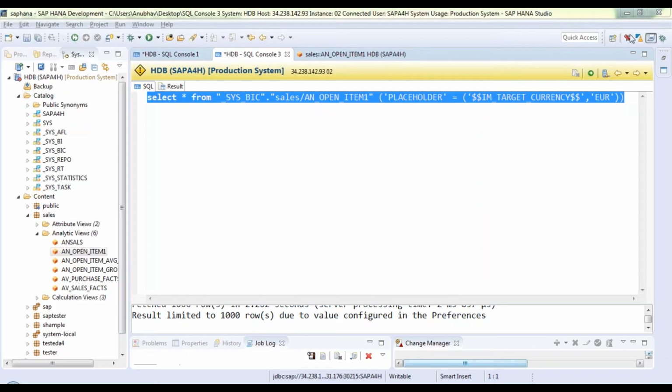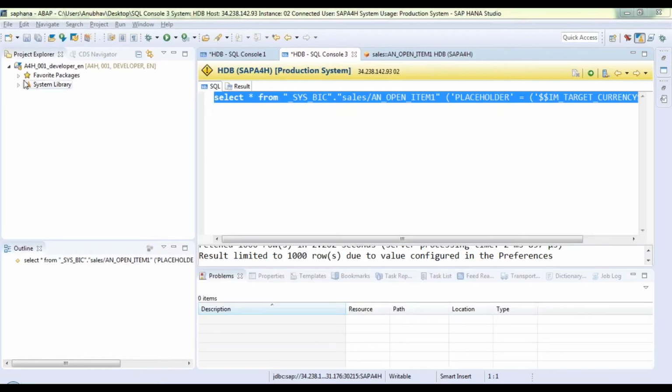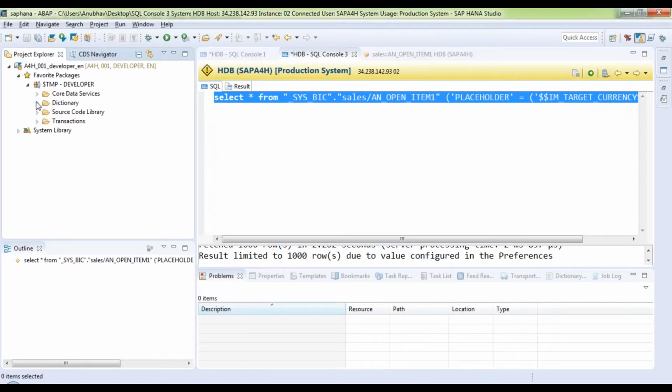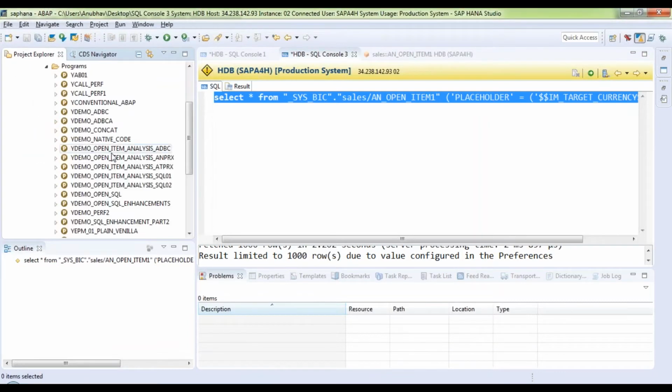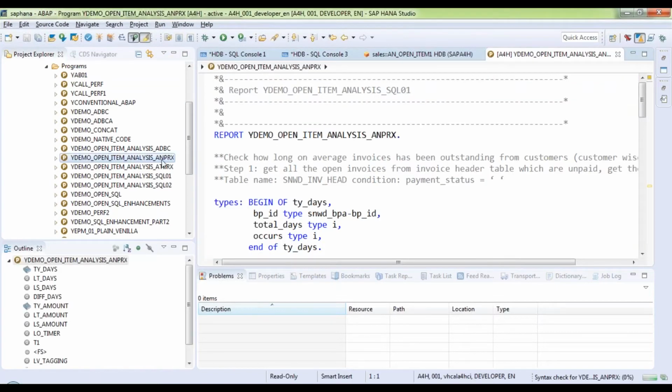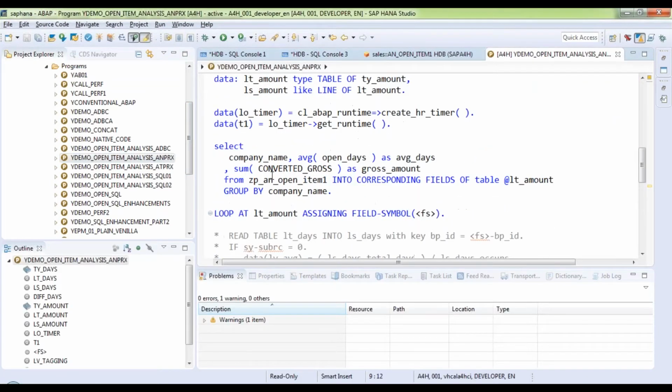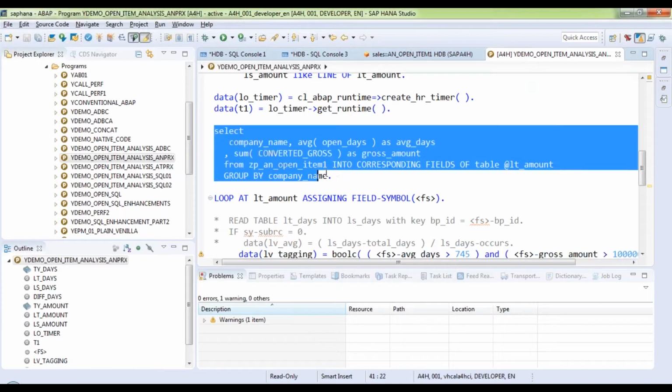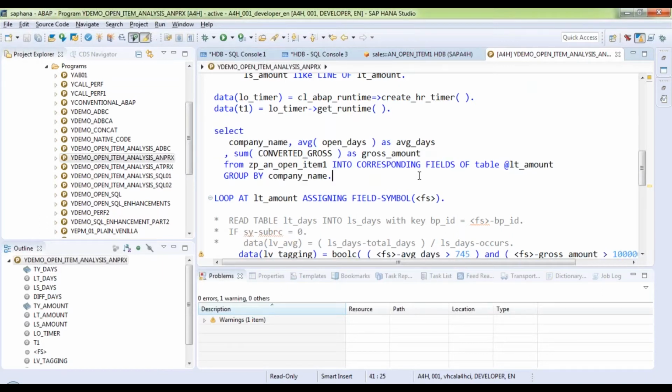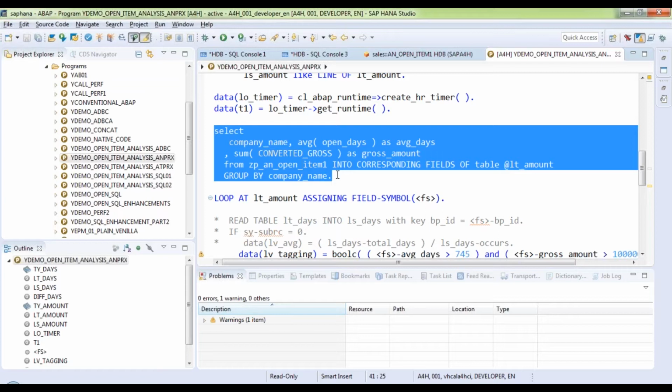Let me show you. It's already there, I guess. The program I can show you quickly. This is already covered in the previous classes. Please look at the videos. And you can see here the program calling an analytical view using the view proxy object. So we created a view proxy object, and with that we are calling our analytical view which was created. So this was a view proxy object on which you can directly fire the SQL query in an OpenSQL statement. Hope this answers your question. So please look at the previous video if you have missed that particular class.